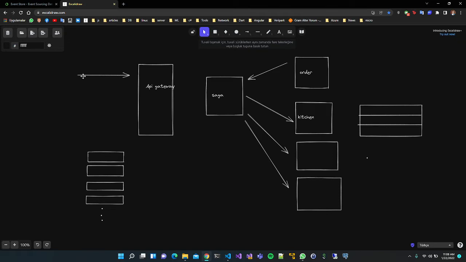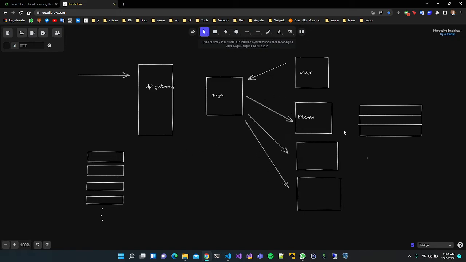At another time, while the order is going on, the customer comes and says, I wanted to update the ingredients of the order. What will we do? We will create another event and distribute it with the Saga pattern. While the order is still going on, the customer comes again and says, I want to update the size of the order, and let's create another one, and so on and so on.